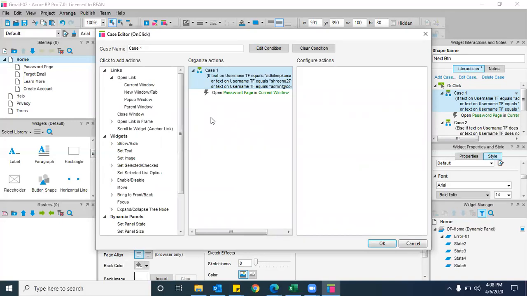Now select the window tab from links. Select the window tab from links.